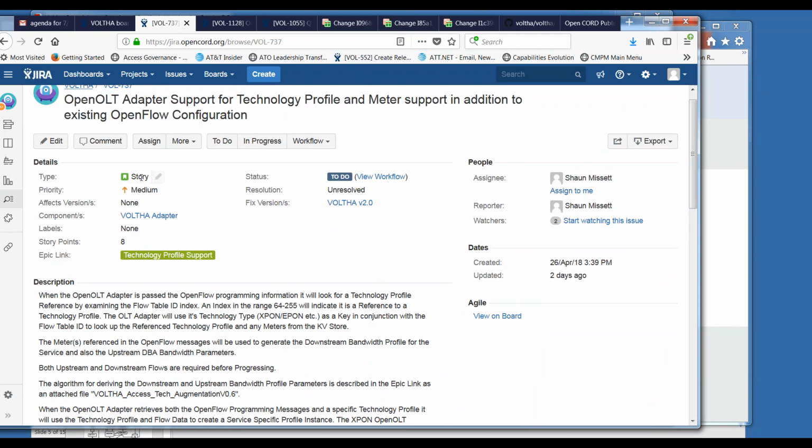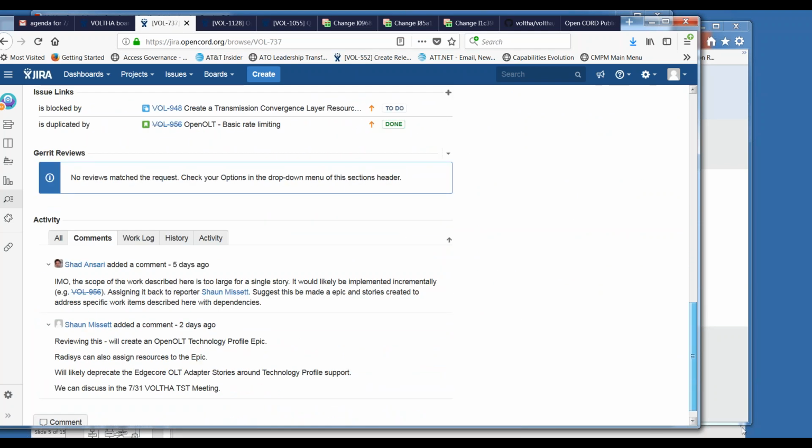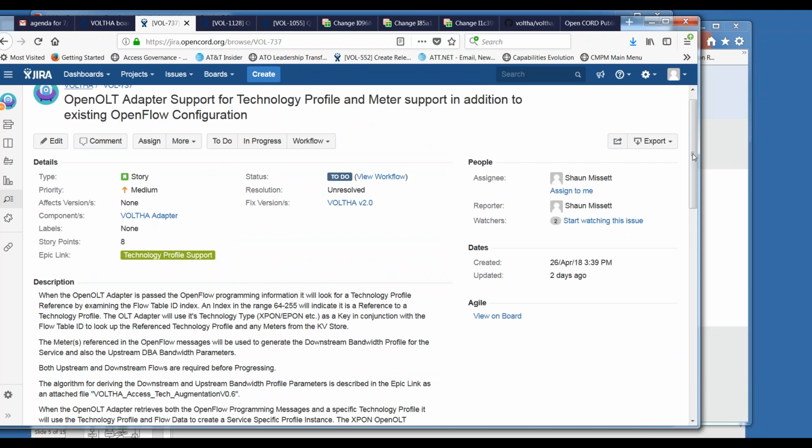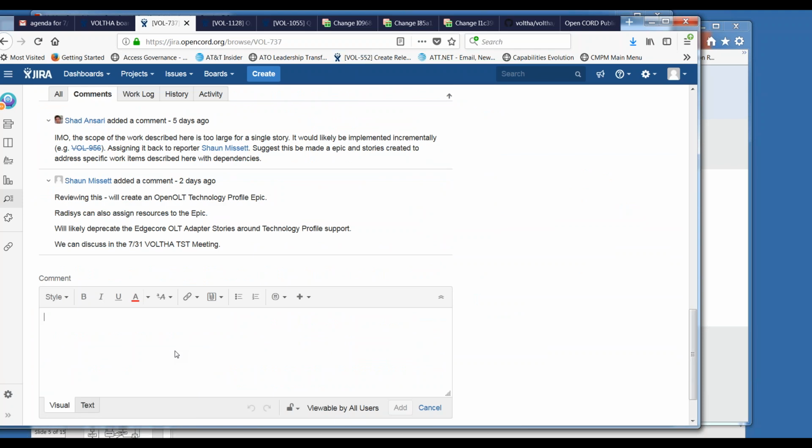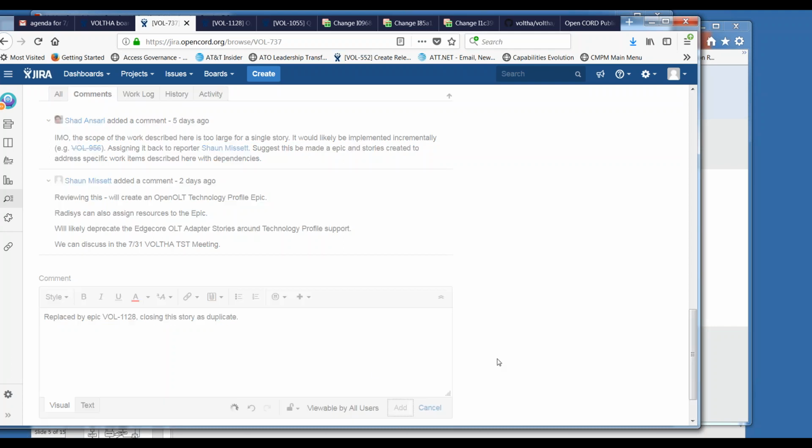Sometimes you can do a conversion of the type as well, but I think we'll close this one since we have the new one to track, and mention in the comments that it's replaced by 1128. Okay, I'll add that note, and then we can close this one out.